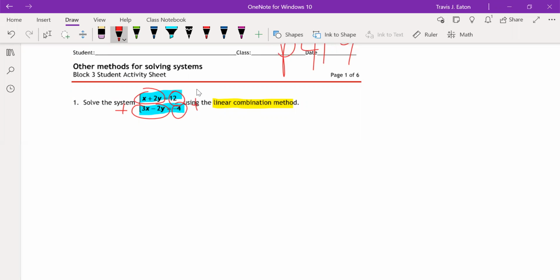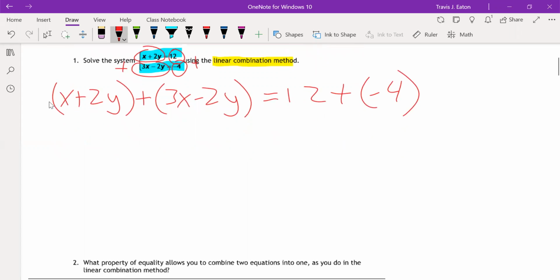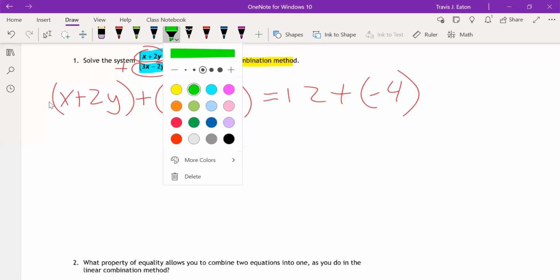Okay? So if I were to write this out, it's x plus 2y plus 3x minus 2y. That's going to equal 12 plus negative 4. So this is the beginning of linear combination. Now, there's a real good reason for why we do linear combination, and I'm about to tell you what that is. Maybe you'll notice, maybe you won't, but I'm hoping you will,